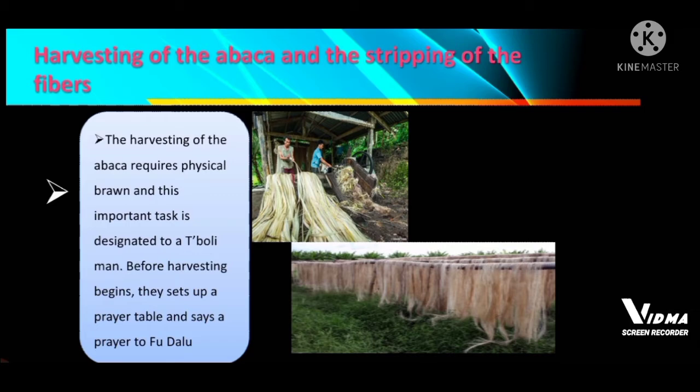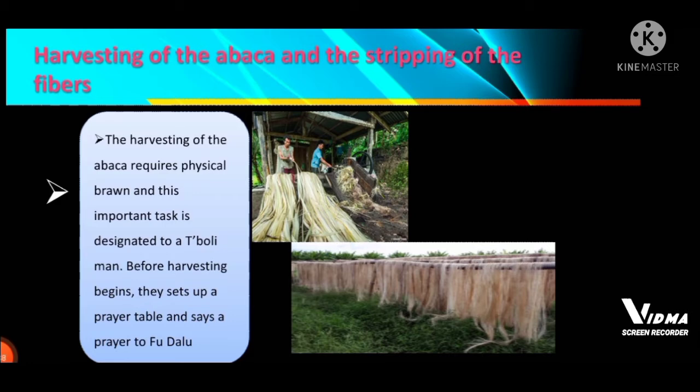This is to remove the sap that causes the darkening of the strands. It is hung from a house beam and combed with the fingers, where the weaver selects and separates the fibers according to their thickness. During the selection, the whiter and finer threads found in the inner stalks are separated from the coarser ones. The fibers are spread on a beam and left to dry inside the house.